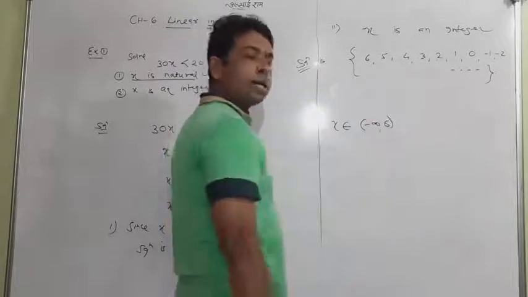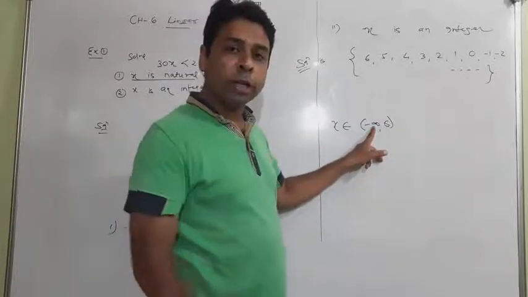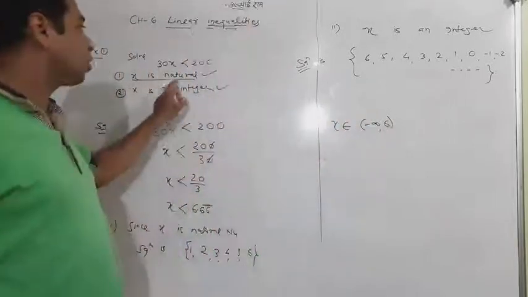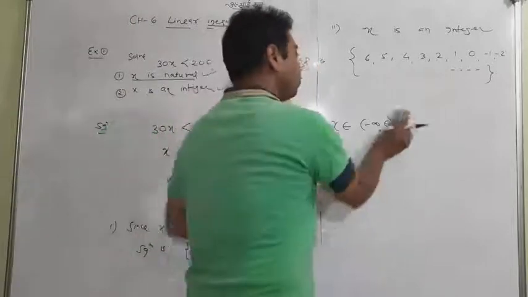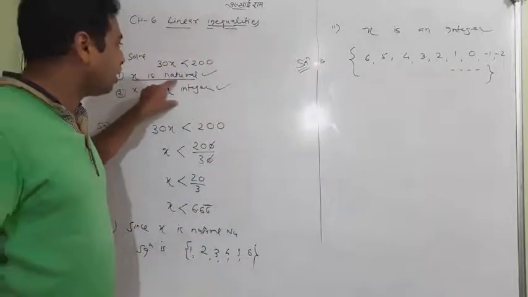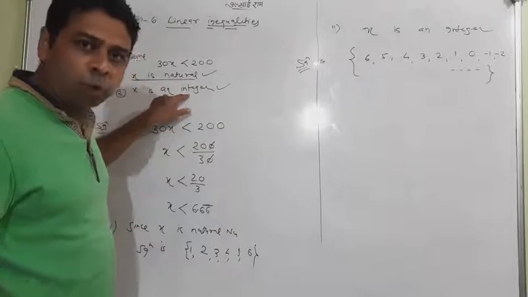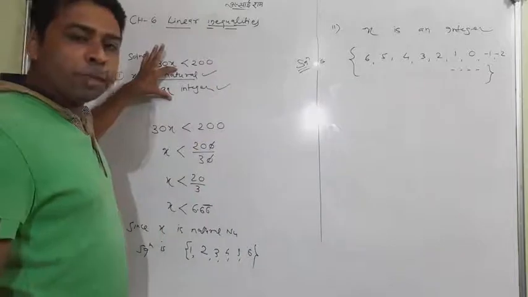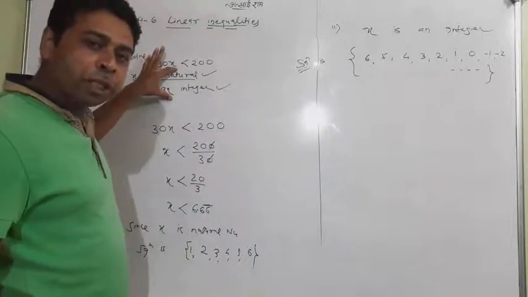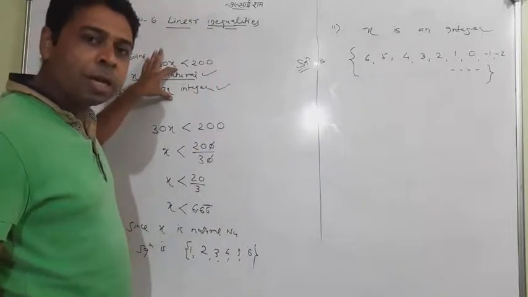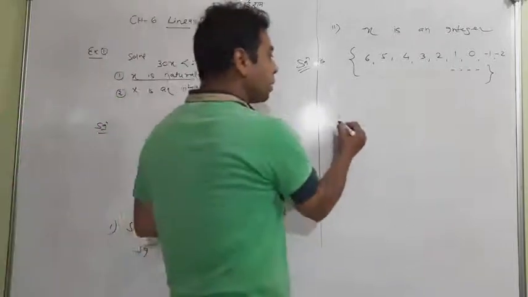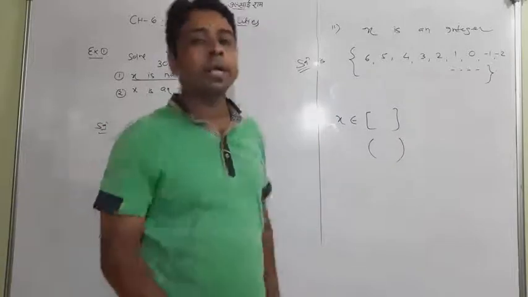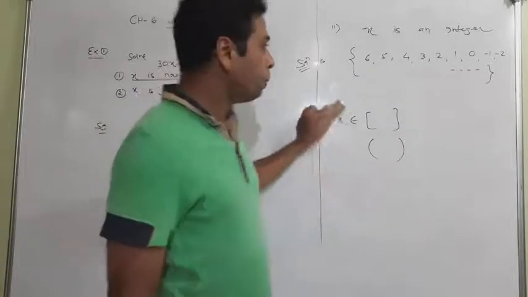because it also contains many decimal points, like 5.9, 5.4. But these are not integers now. So whenever you are told to give your answer in natural numbers or integers or something like that, you always give your answer in a set. But if this is not stated specially, that means you have to give your answer in the real number section, and the real number answer is always represented in an interval, like open, closed, semi-open, semi-closed, or something like that. So keep this in your mind.